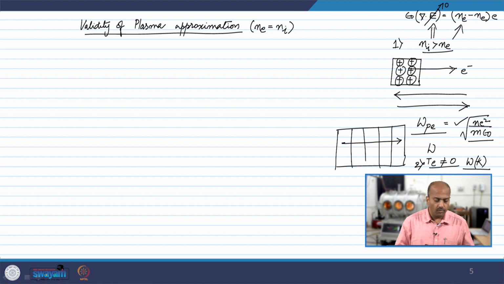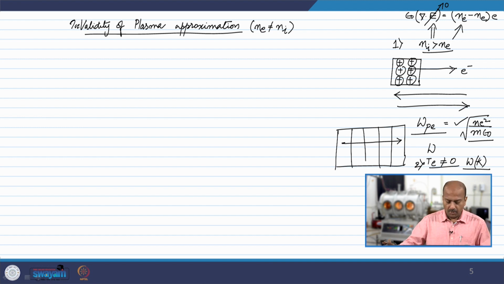Now, what we are going to do is see, if we allow the number of electrons to be not equal to the number of ions, how it will affect the propagation of an acoustic wave through the plasma, right. So, this is the basic understanding about the invalidity of the plasma approximation and how it is relevant for understanding wave propagation, especially acoustic wave propagation in the plasma, right. Now, let us start. Let us say we have these unequal number densities. So, obviously, we will have some